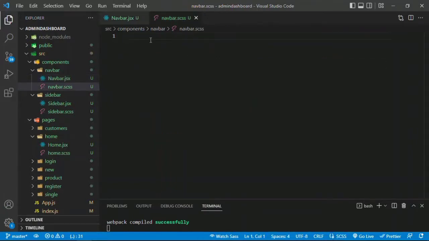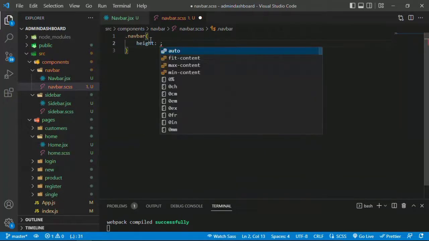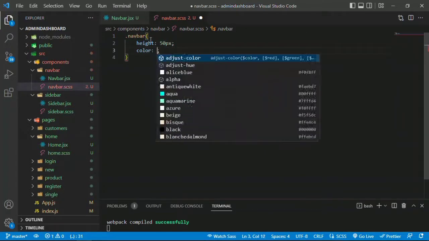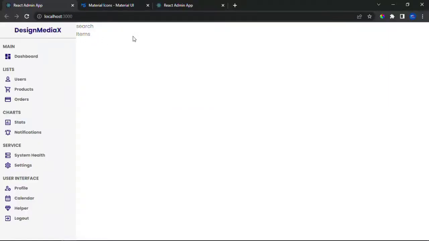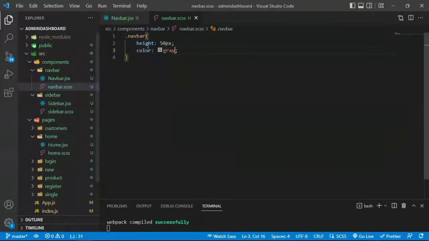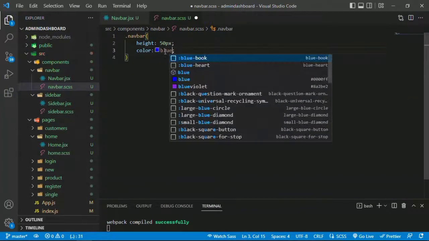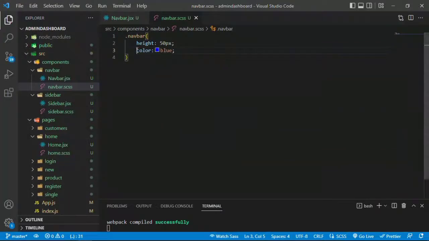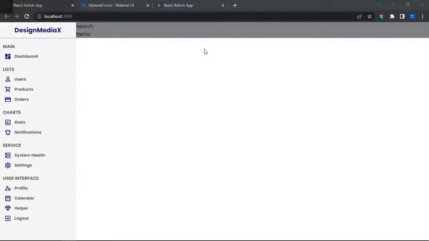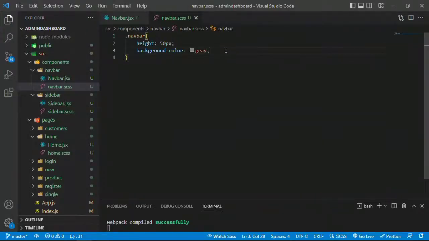Okay, so in navbar.css, we're going to say here, let's say a height of 50 pixels. Let's say display flex. Let's do color first. Color is gray, and then let's just change this to blue. All right, so it's going to be background color. And then this is going to be gray. So this is it. So change this,